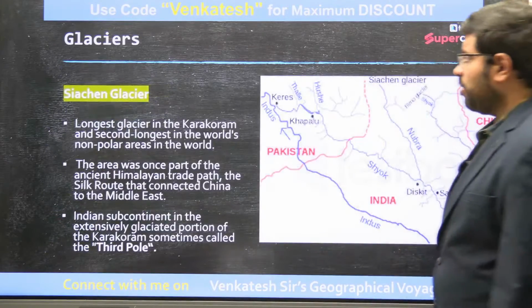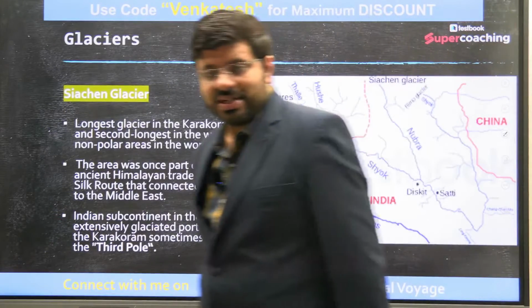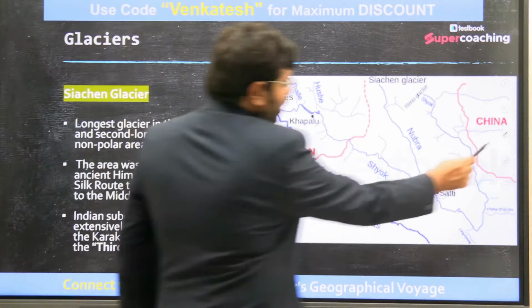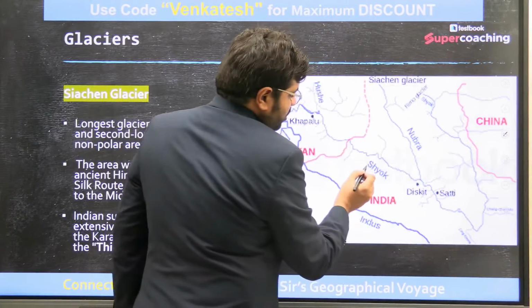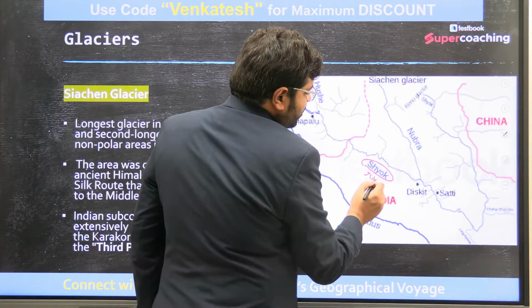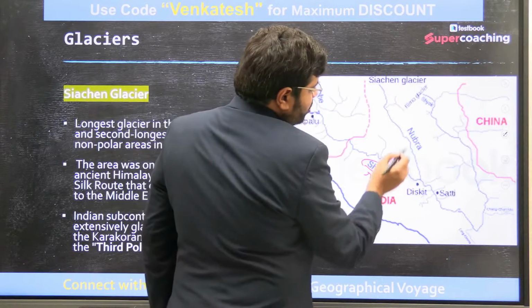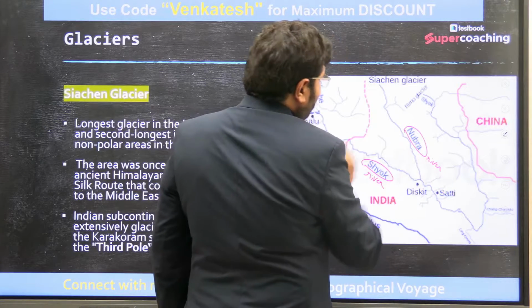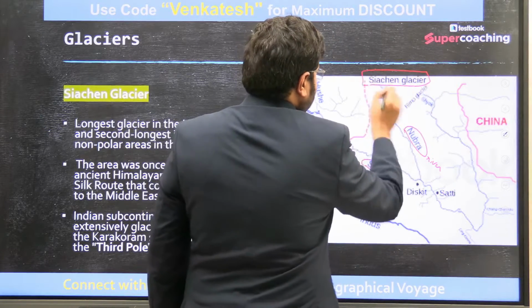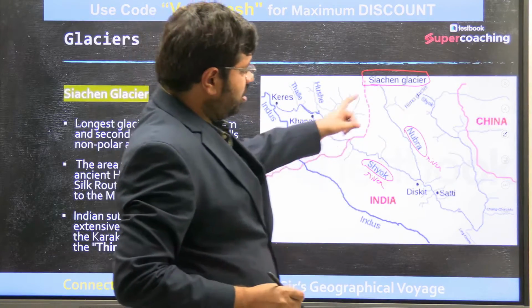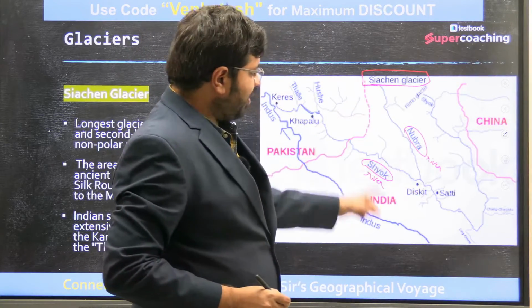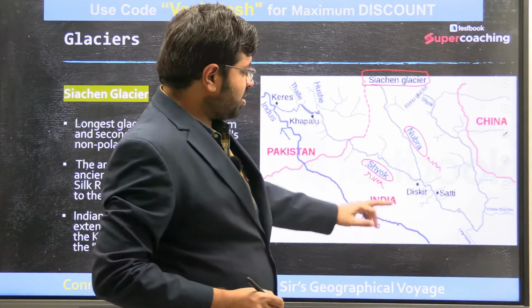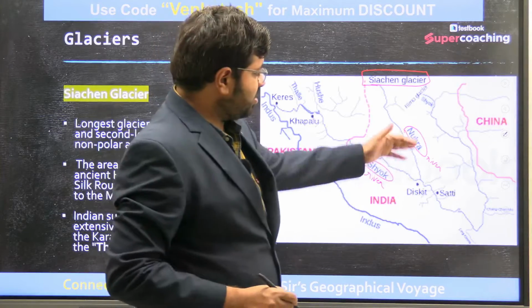So let us talk about one of the top glaciers, the Siachen Glacier itself. If you see the Siachen Glacier, you can look at the names, the places. You can see the Shyok River. This is the river. The tributary of the Shyok is the Nubra River. This is a valley, and this is where you will find the Siachen Glacier. So Siachen Glacier, the Shyok River, the Nubra Valley, part of the Indus. These are all tributaries of the Indus. Indus's tributary is Shyok, Shyok's tributary is Nubra.